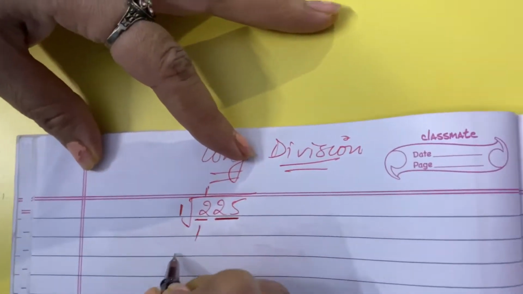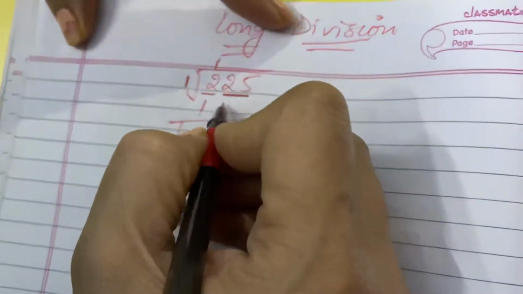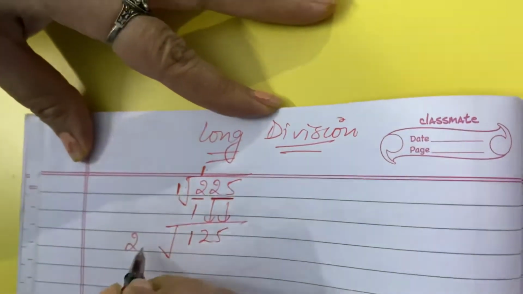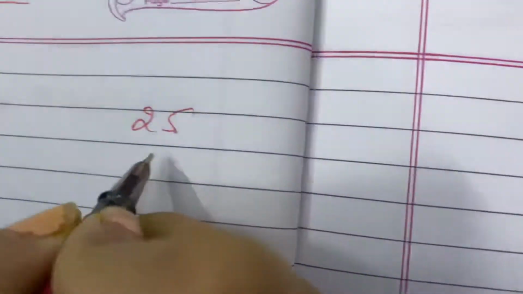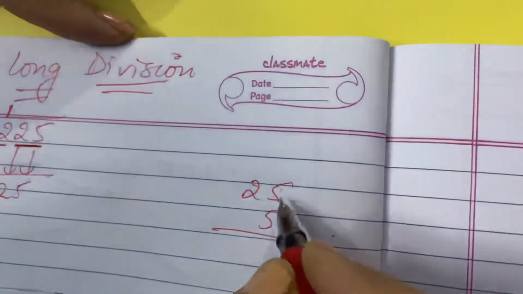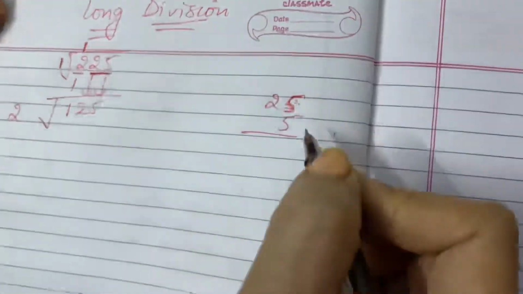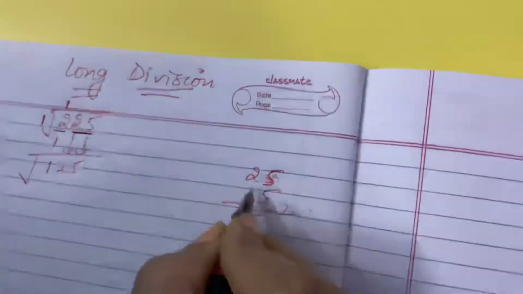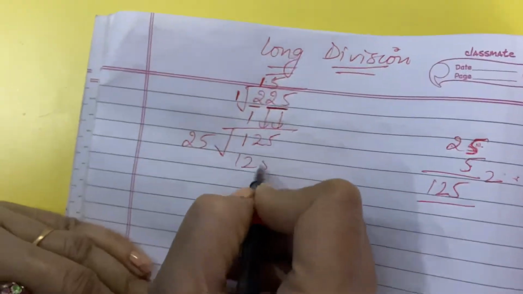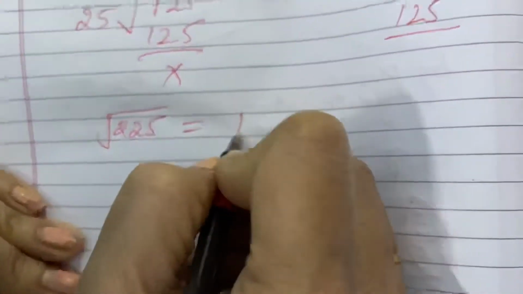1 1s are 1. So here 1 will come as a remainder and 25 will come down because we take it as a pair. So then add 1 plus 1, 2. Then find that number which divides completely, like 25 into 5, like 26 into 6, like that type. Means whatever number we take on this side at one's place, the same number we take at the quotient side. 5 5s are 25, 5 2s are 10, 11, 12, 125. So here 25 5s are 125. So this solves our square root. Means 225 square root is equal to 15.